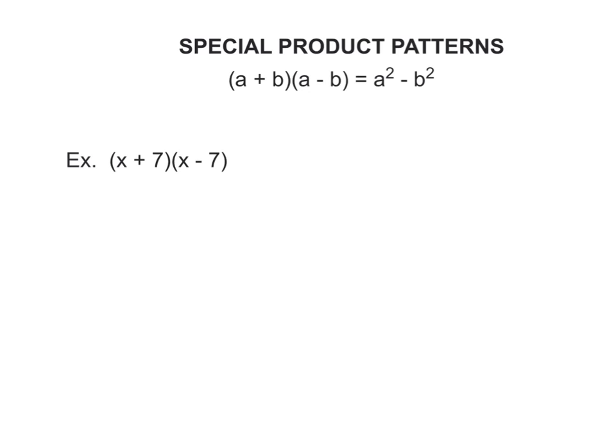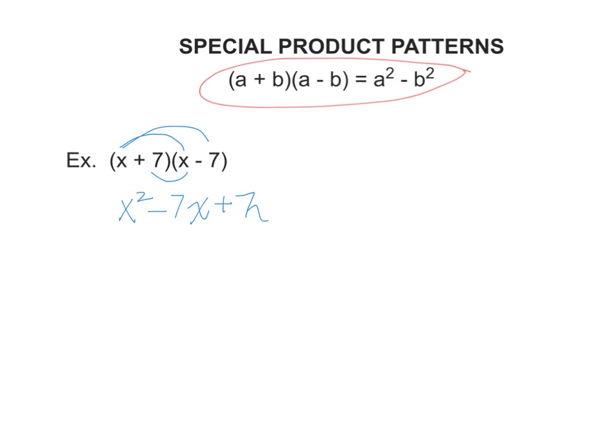The last one is really a preview into another very special product pattern. So important that I went ahead and wrote it out for you. This will have a name later on in a couple weeks for us. It happens whenever you multiply two binomials together and they have the same number, but they switch the signs. So one of them is a plus and one of them is a minus. Look what happens. We'll have x squared minus 7x plus 7x